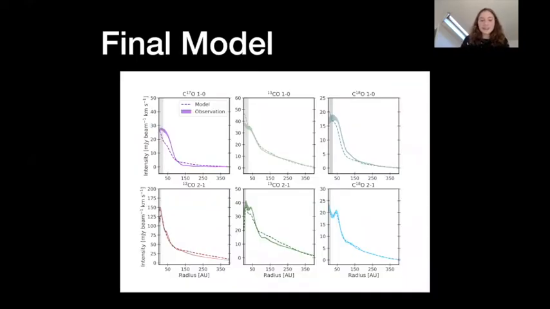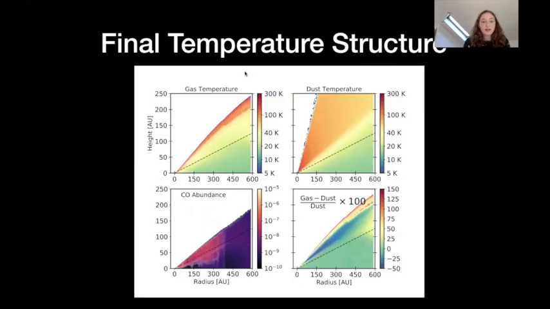So with this excess heating, this is our final model comparing all of the different radial profiles. We're pretty happy with the way that each of these matched up. And so here is our final temperature structure. We have the gas temperature, we have the dust temperature, and I also show the difference between the gas and